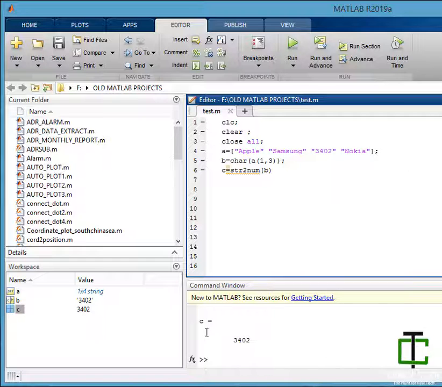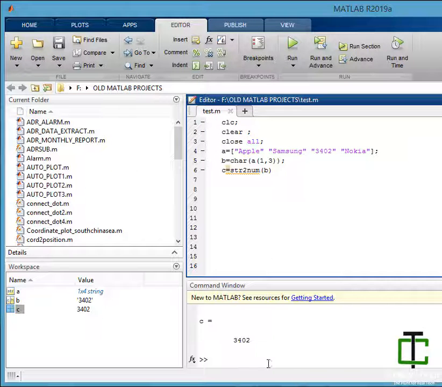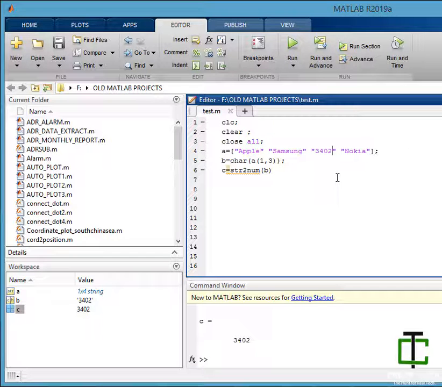Here you go. c is an integer, 1 cross 1 double. If you have a float variable here, you need to use str2double.